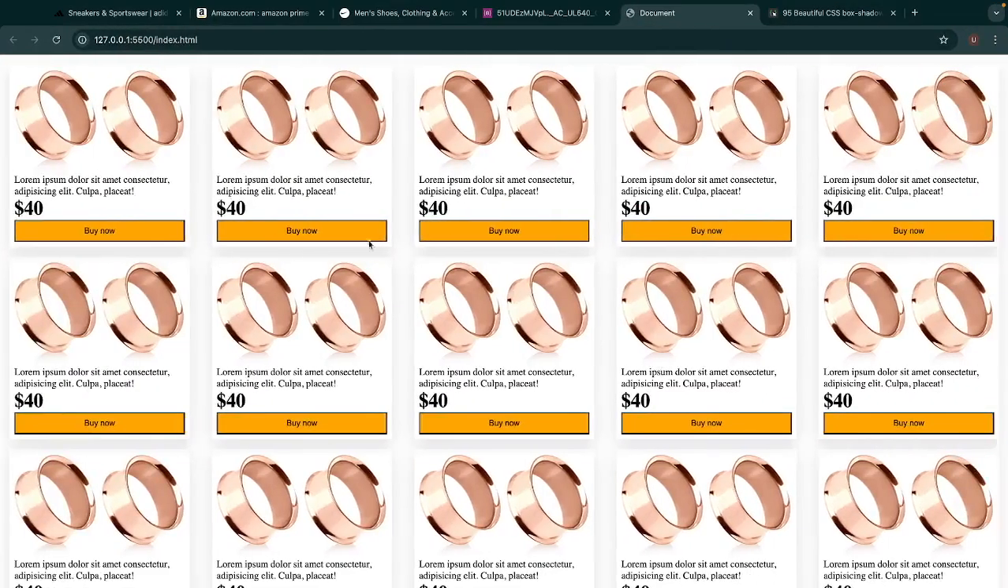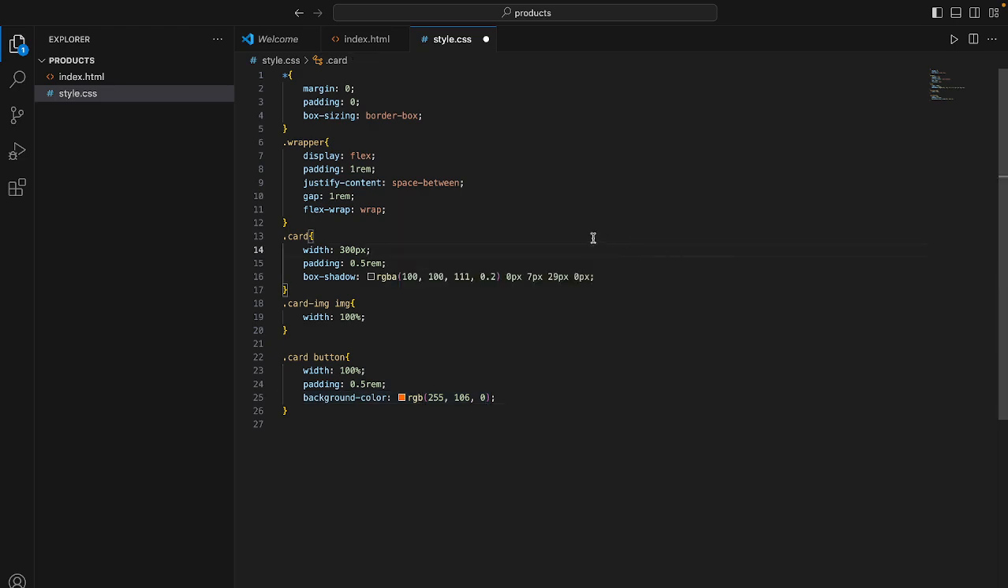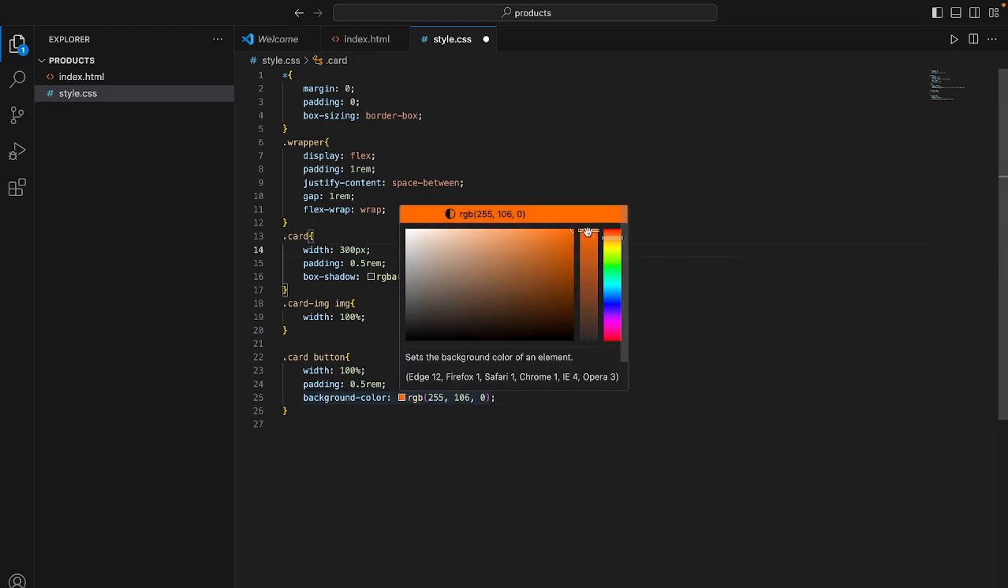But we don't want this. We want to give it some other shades of orange. So you can come here and adjust your color. So let's use this, right? Okay, and you can also come here and maybe adjust the transparency, you can make it more transparent,